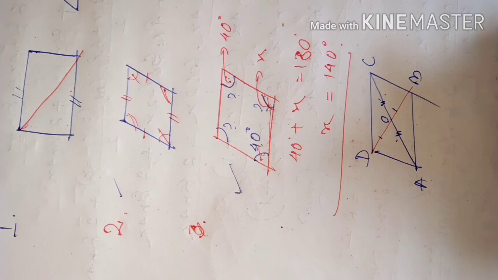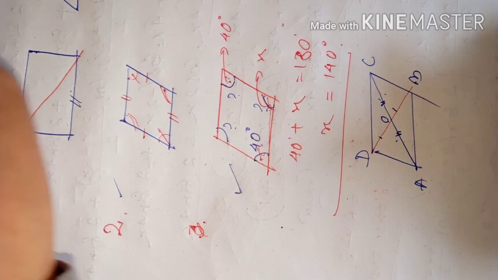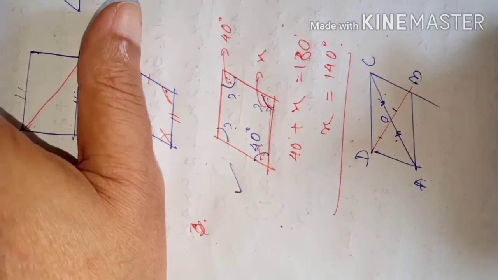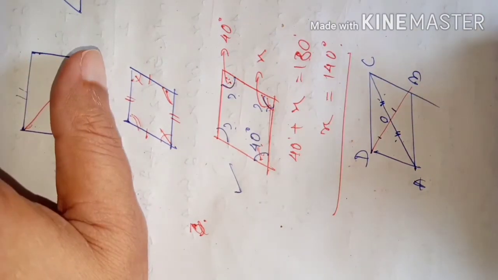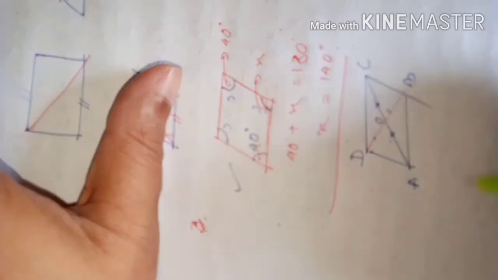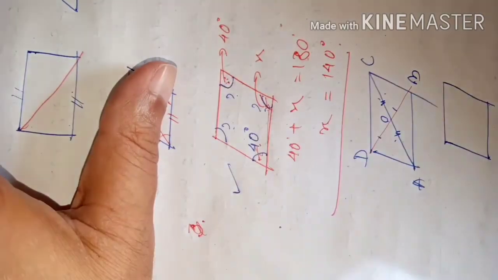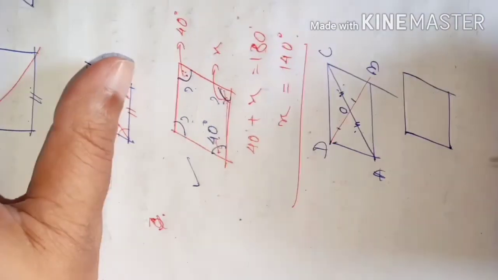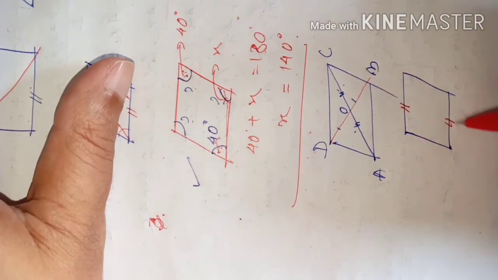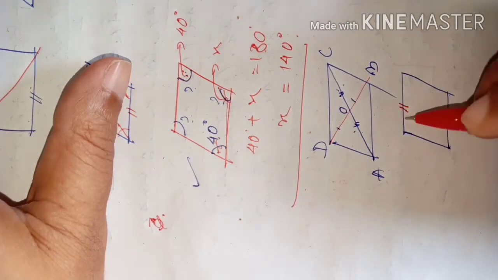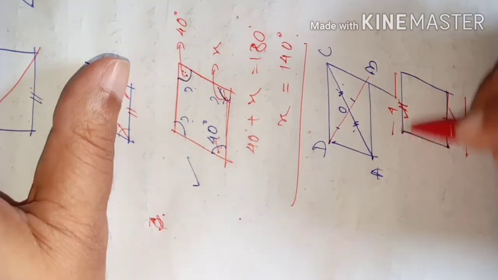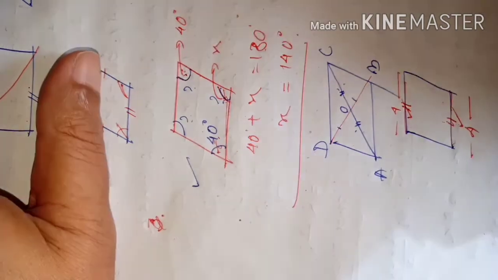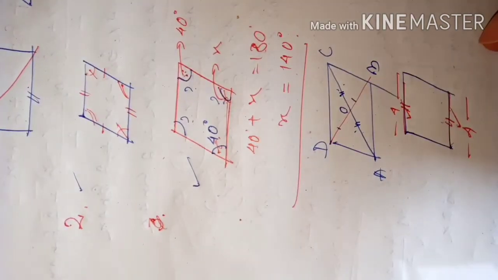Secondly, all the examples that you have got in the textbook, you go through. A quadrilateral is a parallelogram if a pair of opposite sides are equal and parallel. That is another very important theorem. If these two sides are equal, suppose 4 centimeters each, and this is parallel to this one, then you can say it is a parallelogram. Got the idea?